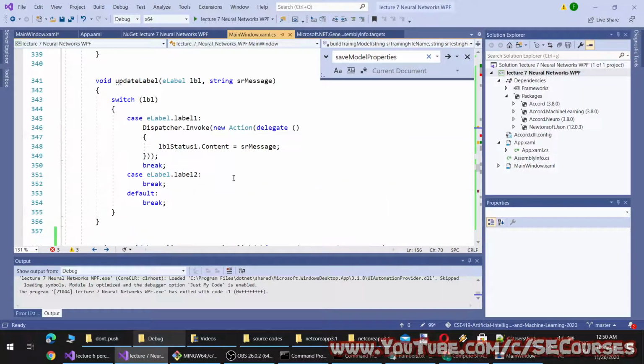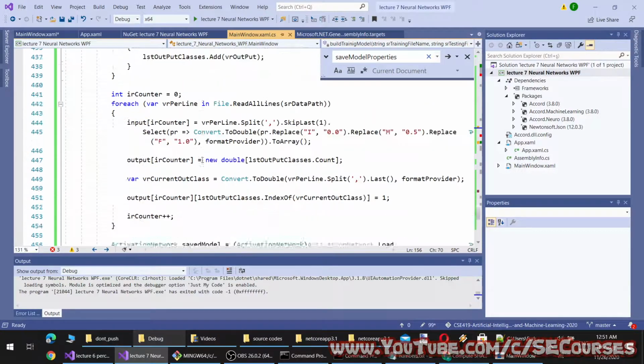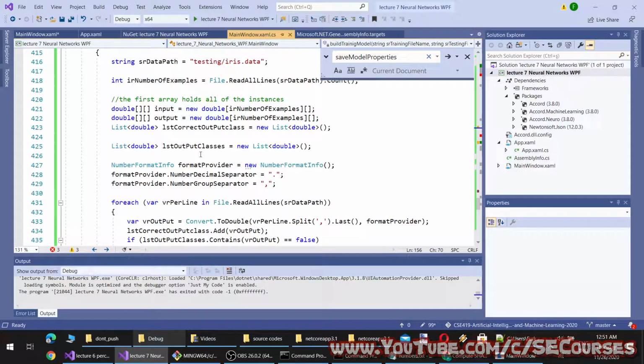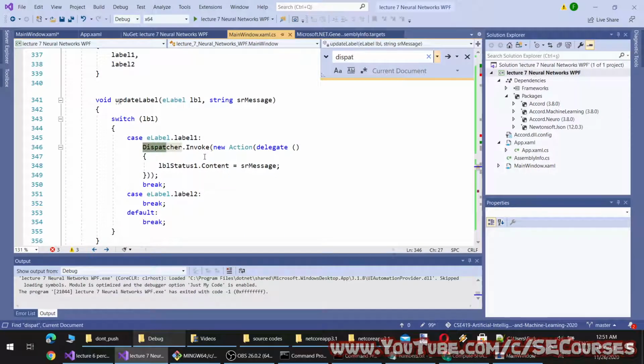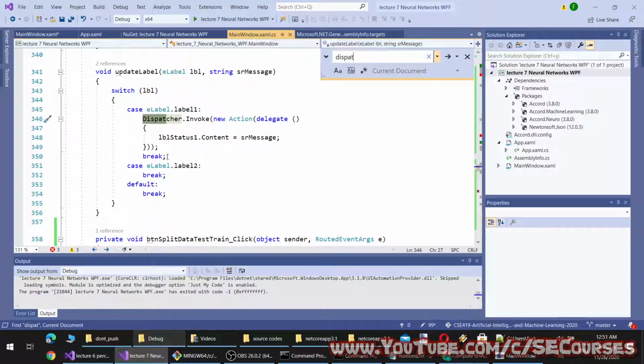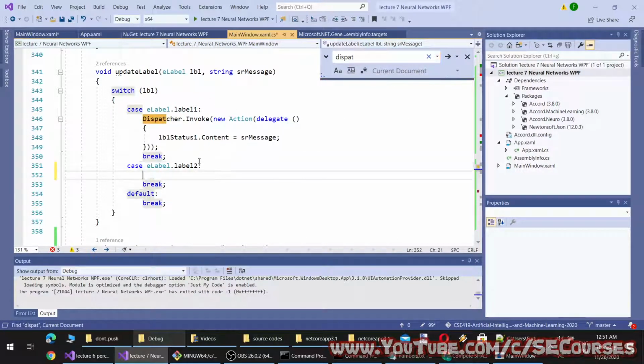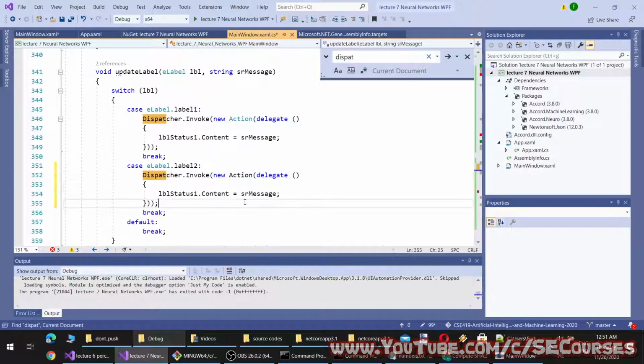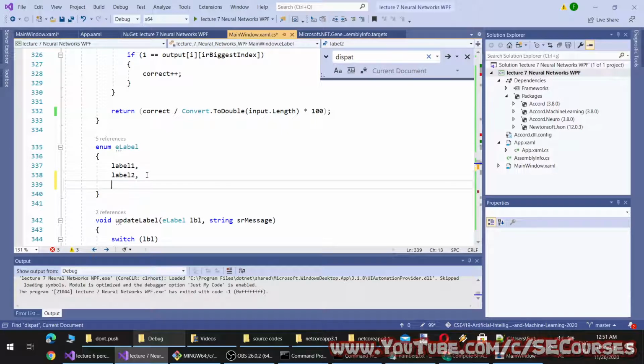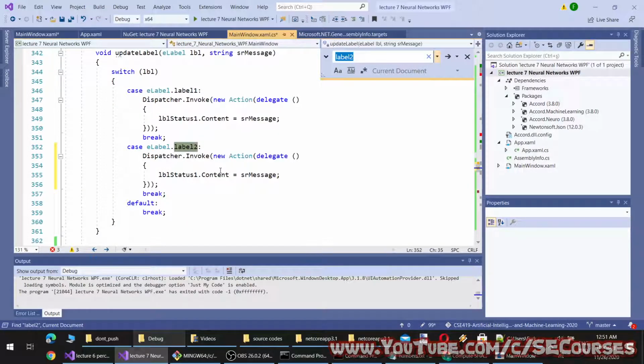Okay, and I'm going to generate another method for listbox.